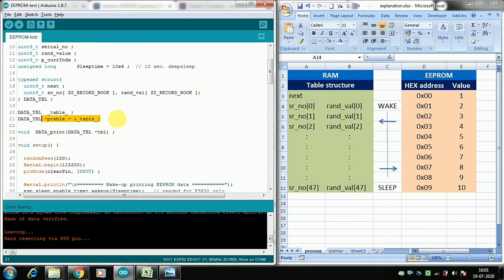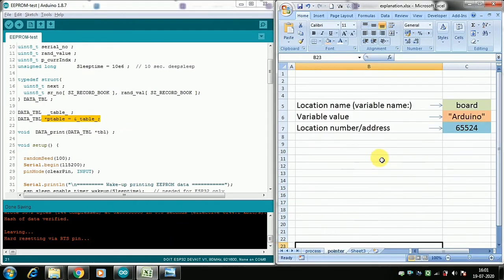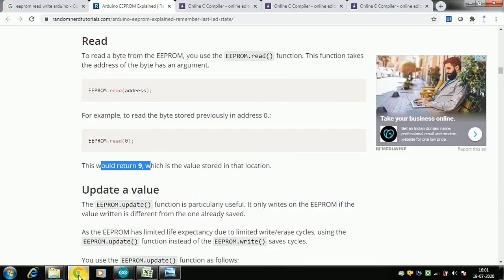Why this pointer to the table is required, that I want to describe to you. A pointer is basically this. A pointer is an address to a variable. So when we define something like board is equal to Arduino, say I need to show you this.